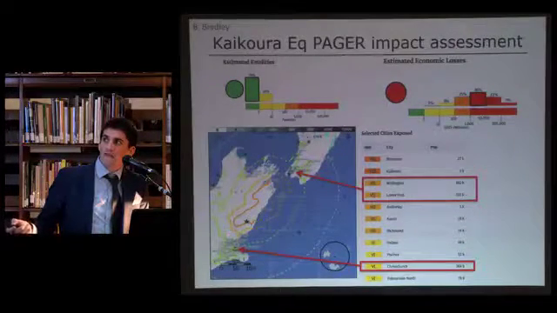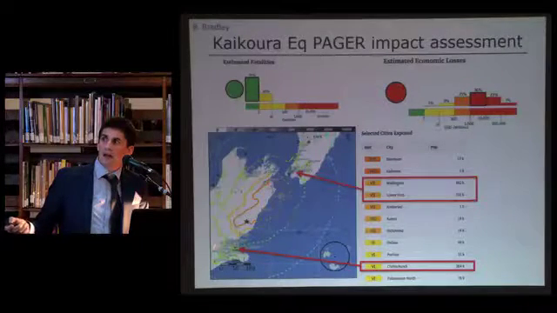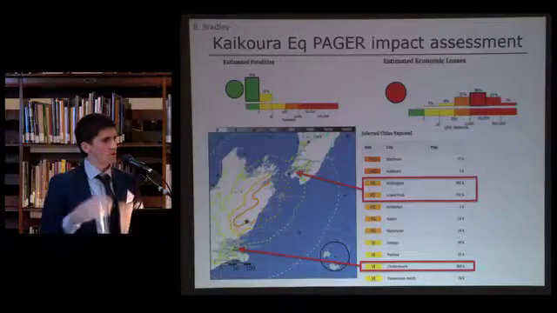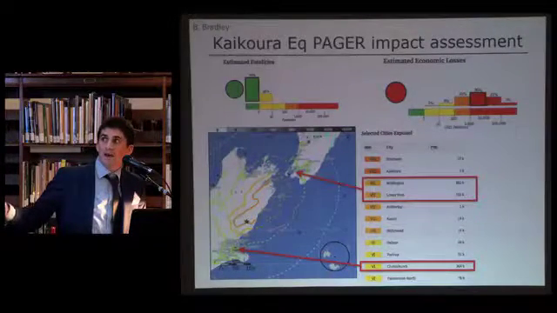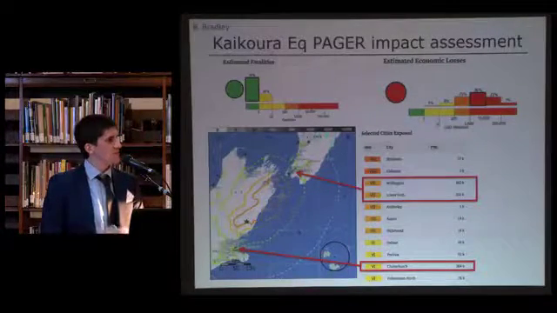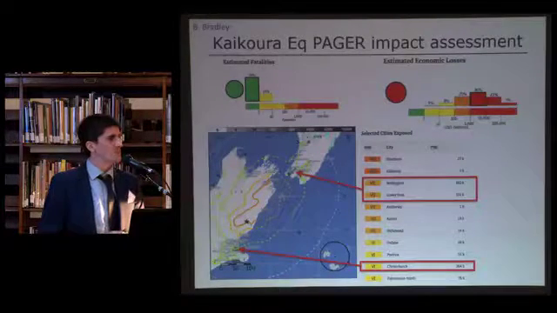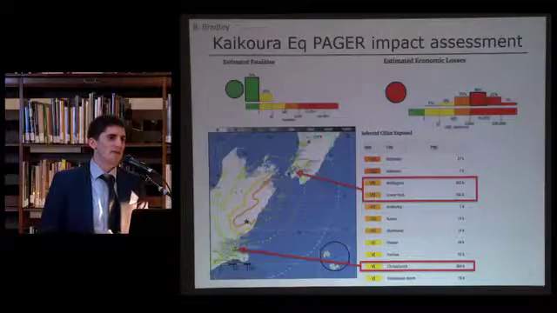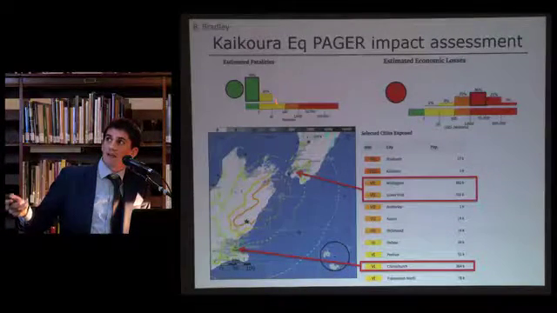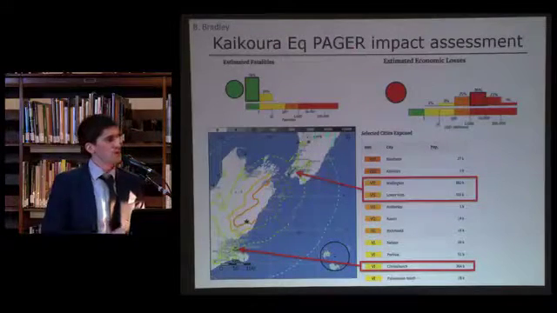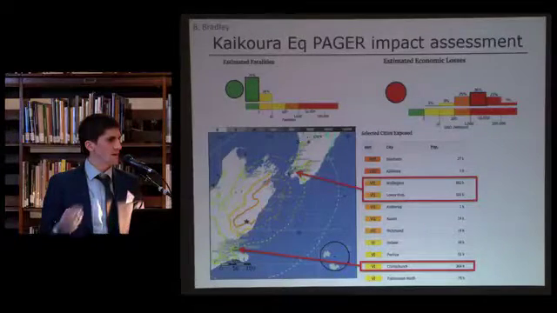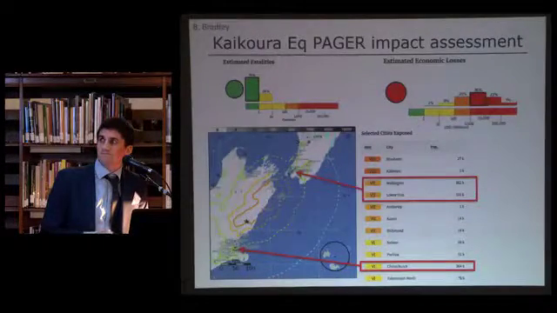And therefore, in the South Island, we have Christchurch here, a city of about 500,000, or close to it anyway, and then Wellington, the capital city of New Zealand, with a similar population, but there's not a lot of population somewhere in between. And so while this earthquake was magnitude 7.8 in size, the actual impacts of this event in terms of direct damage to individual dwellings have been significantly muted relative to the Canterbury earthquakes, and we could estimate that relatively immediately, for example, through USGS's PAGER system right off the bat, telling us that we expect very low fatalities and a moderate amount of damage from this event.